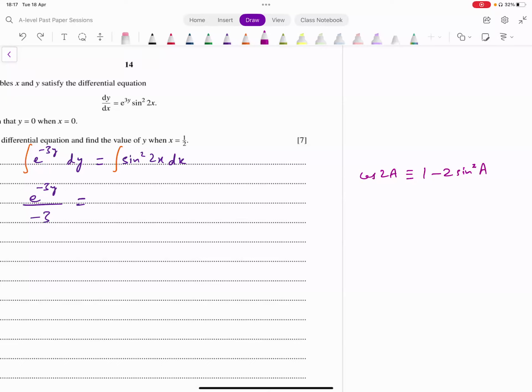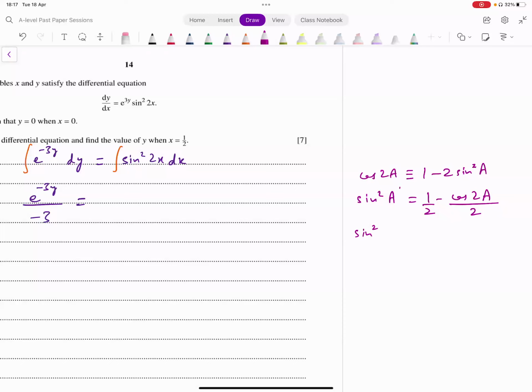अगर हम इसमें से sin square a को सब्जेक्ट बनाएं तो उससे हमें क्या मिलेगा? 2 sin square a equals 1 minus cos 2a. Then we can divide 2 on the other side. That will leave us with sin square a equals 1 over 2 minus cos 2a over 2. All right. अब यहाँ पे देखें 2x है, तो अगर a की जगह पे मैं 2a कर दूं, यहाँ पे